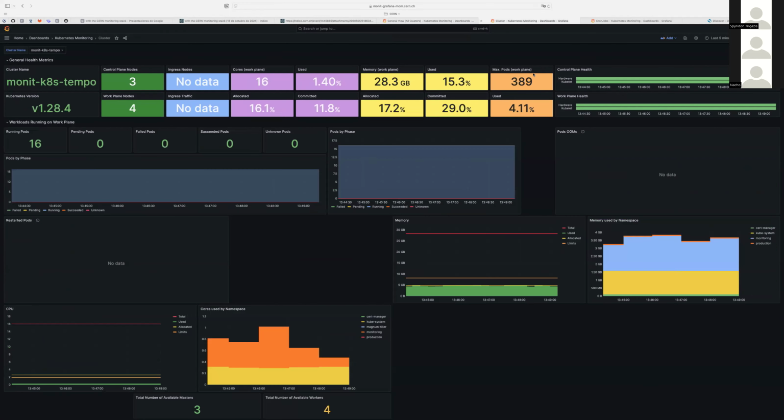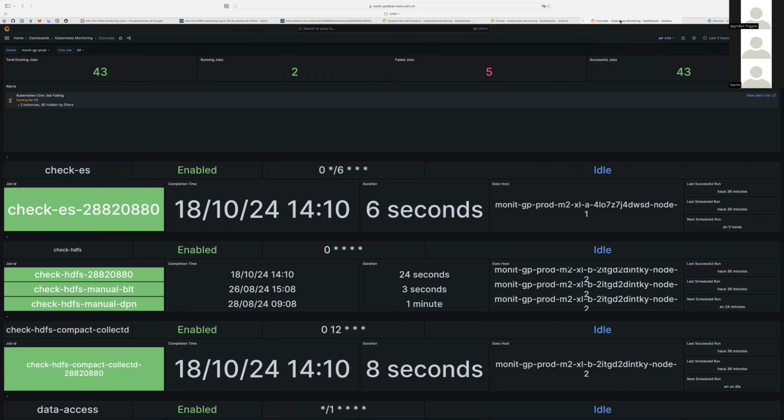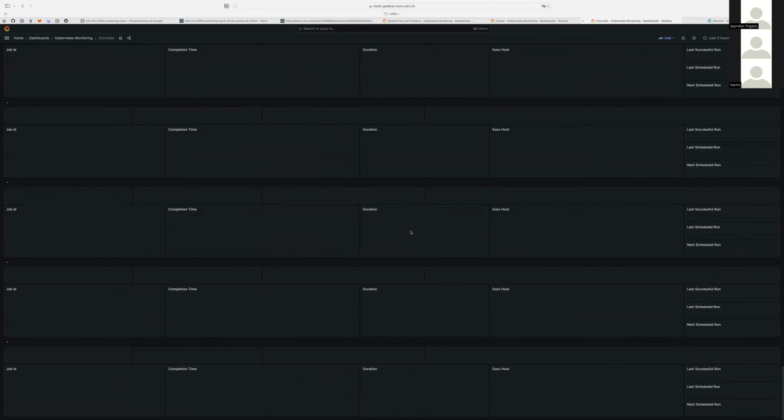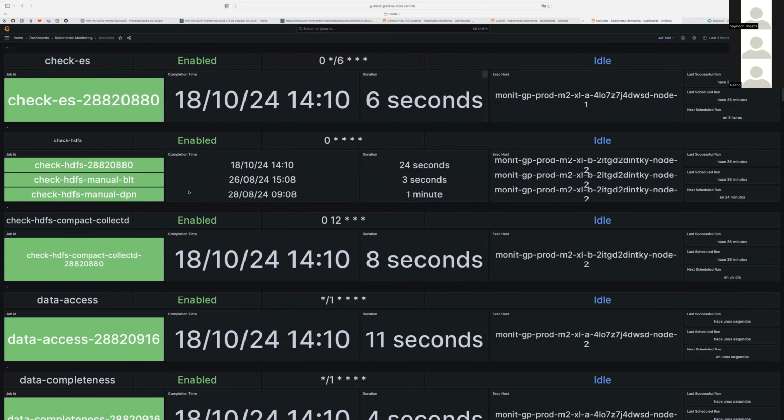We also have one that we are working on that is more detailed about the cluster itself. Of course, you can see empty spaces. This is a more work in progress one, but the idea is to provide also. Here we have another example where we are monitoring all the cron jobs that are running within a given cluster. So basically, you have the cron jobs and the jobs that are executed within it, how long it lasted, when was